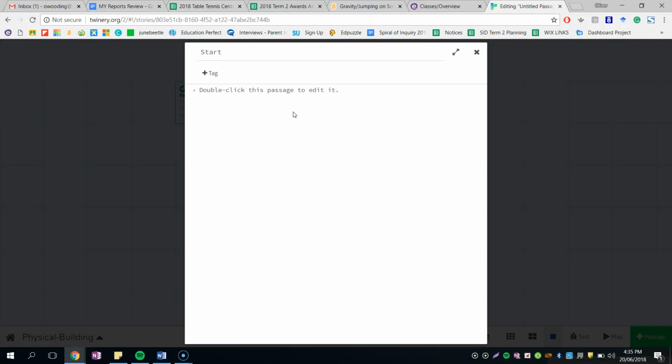So for the narrative, with my builder, I'm teaching people that want to become builders, or who are builders, how to look after their physical health better. So I'm going to start with this. On the start is going to be a picture of a building site. And also it's going to introduce my builder. I could call him Bob, but I want to go with something different. We'll call him Tom. So, Tom the builder